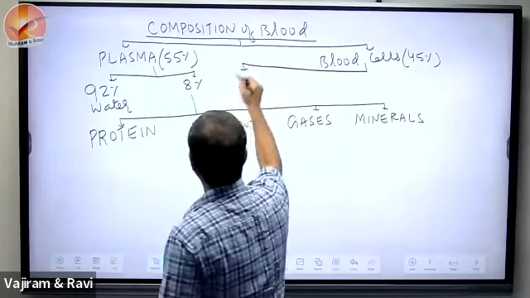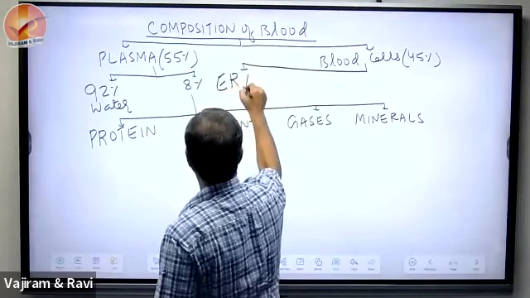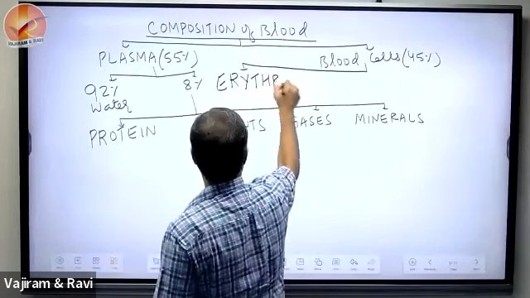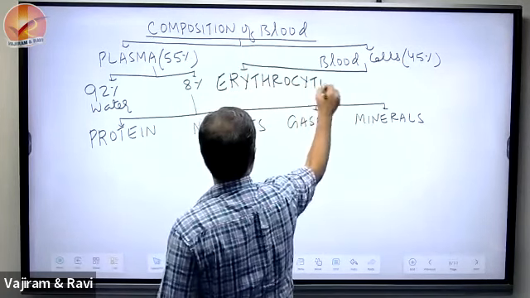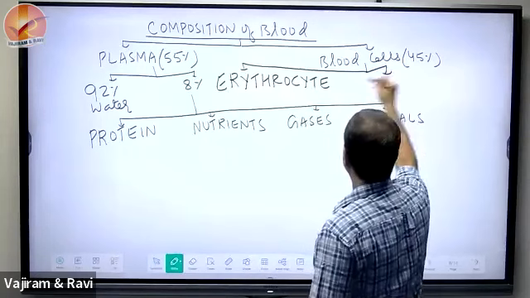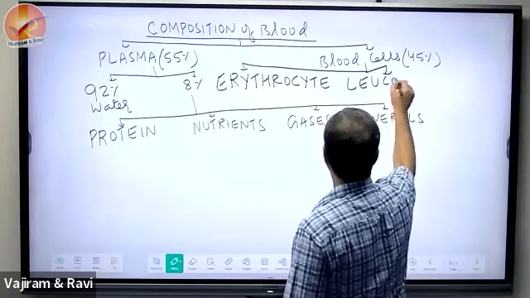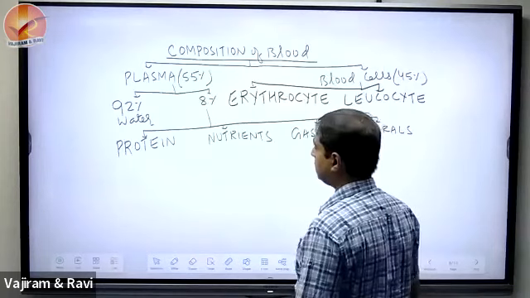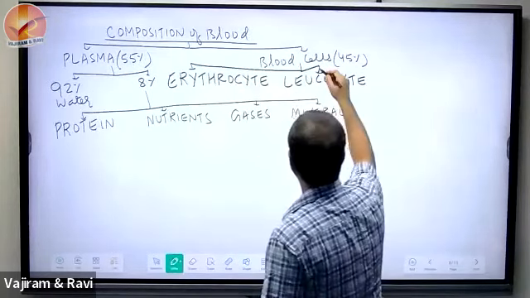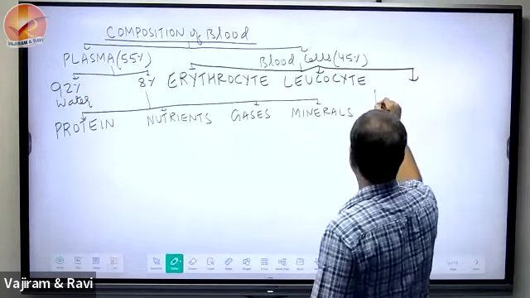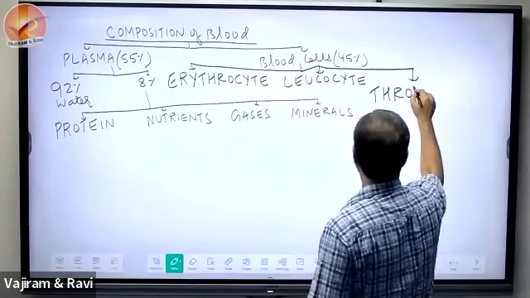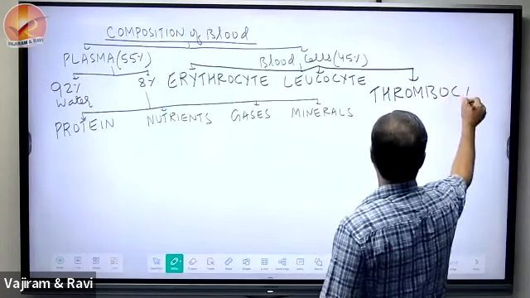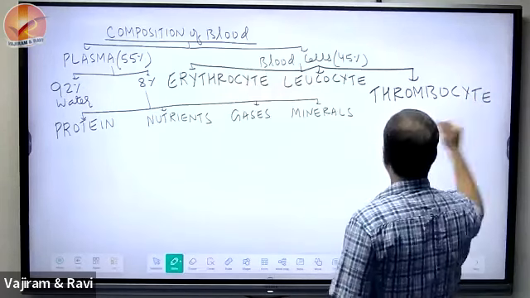The blood cells include erythrocyte, leukocyte, and the thrombocyte,